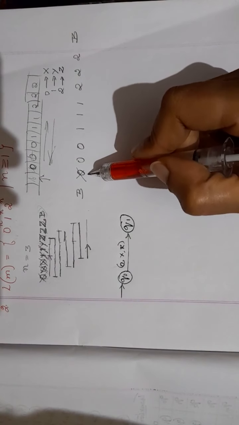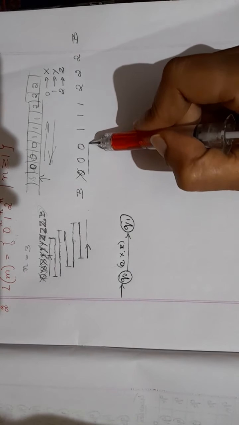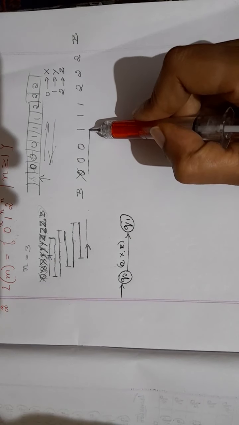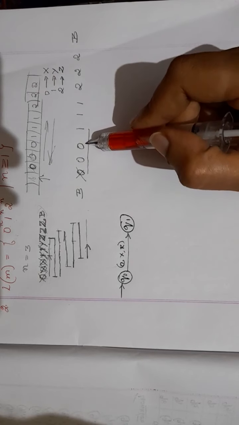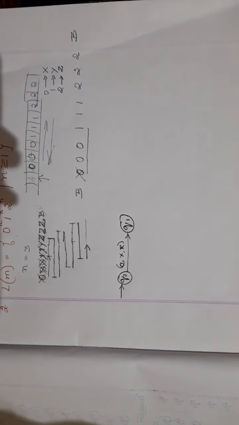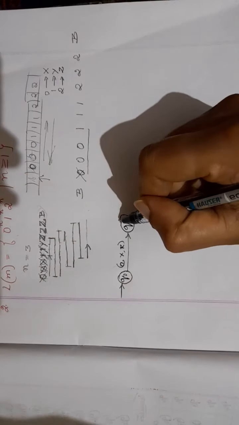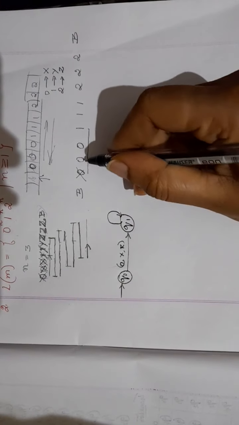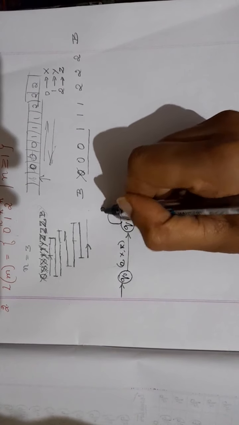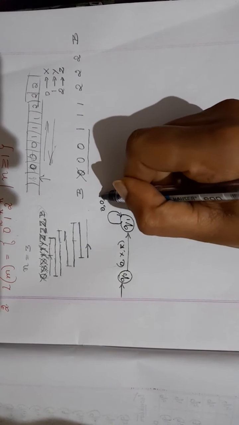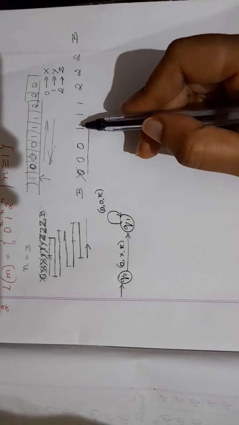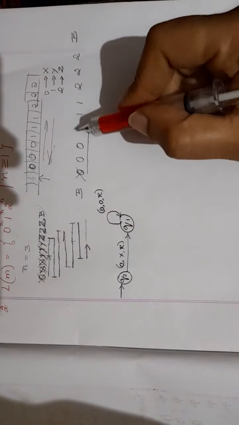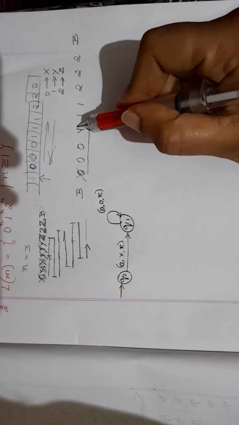Next what happens? You're reading 0, move right, 0, move right till you read 1. Okay, keep on moving right no matter how many zeros you have. Stop when you are reading 1. So you have a loop here now with respect to these zeros. If you are reading 0, keep it 0 itself and keep moving right. When I am reading 1, I should stop. What should I do with this 1? This 1, I will be replacing it with y.